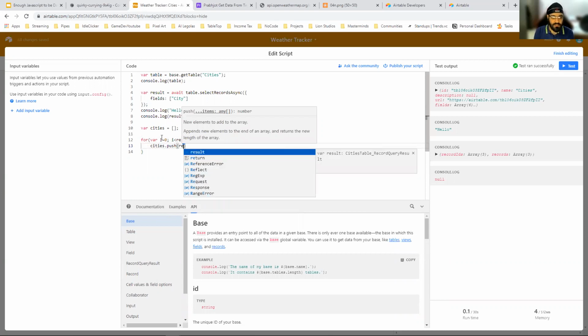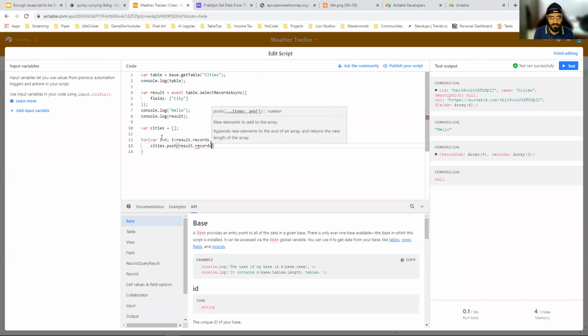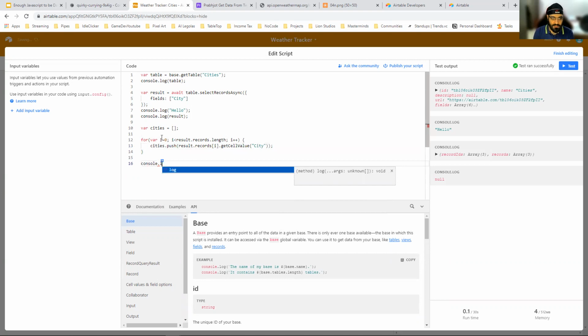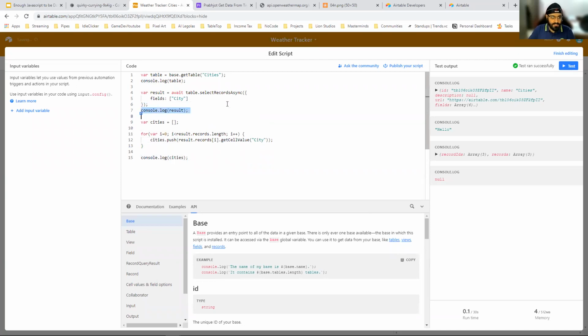Then we can say result.records[i]. Each time this loop runs, the i value increases by 1. Then we'll say getCellValue and then city. And then I can log cities here. The cities will now contain all the cities that we have.